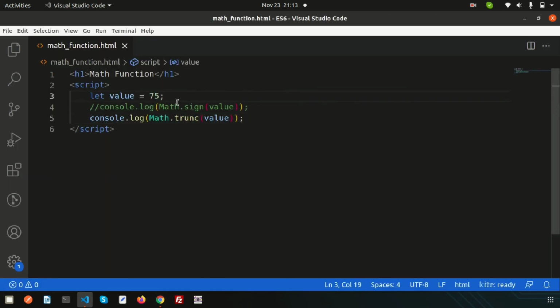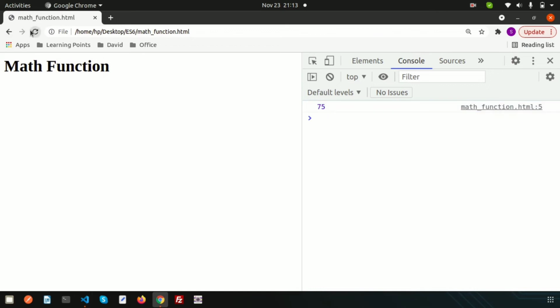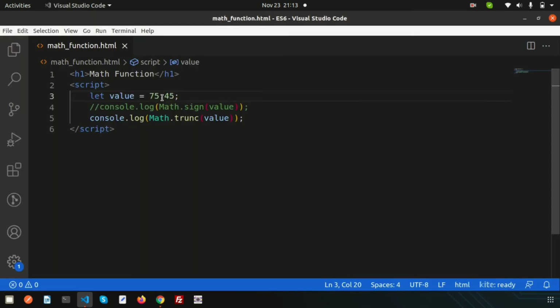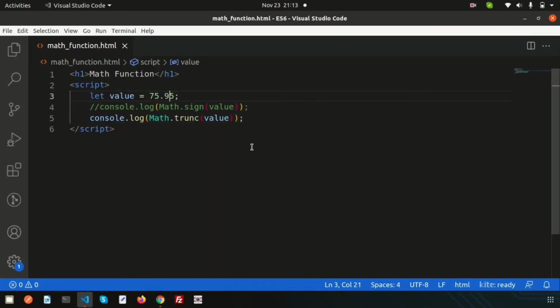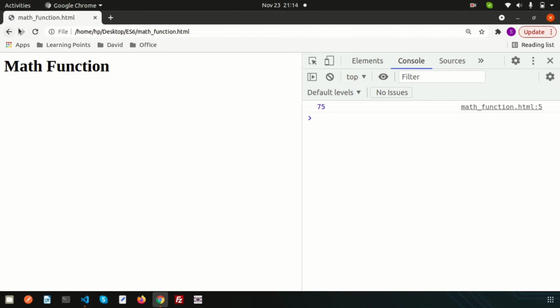But if I write 75 dot something, we still get the output 75. If I give 75.95, we still get 75. That means it looks just like a floor function. So if I write Math.floor here, we also get the same output.